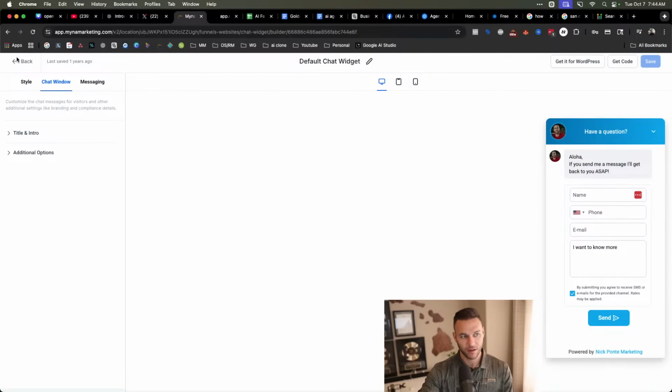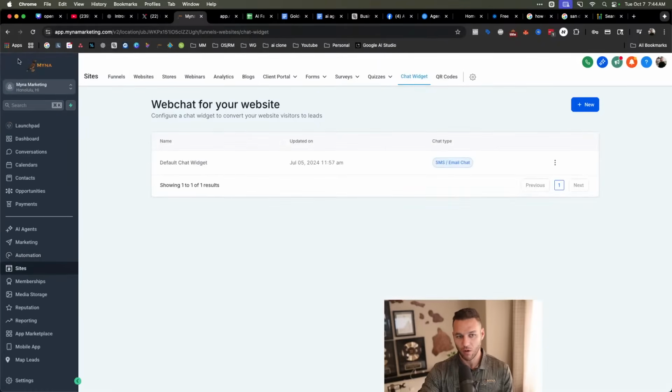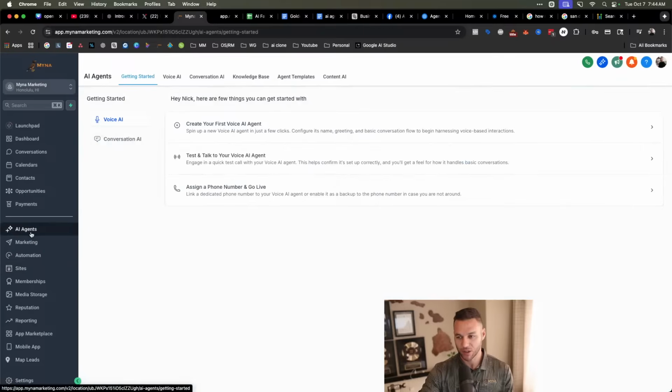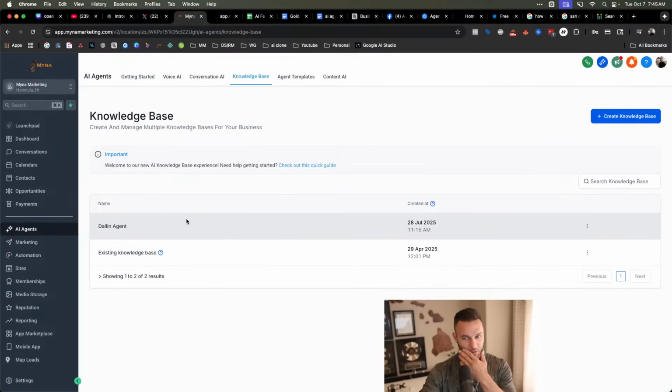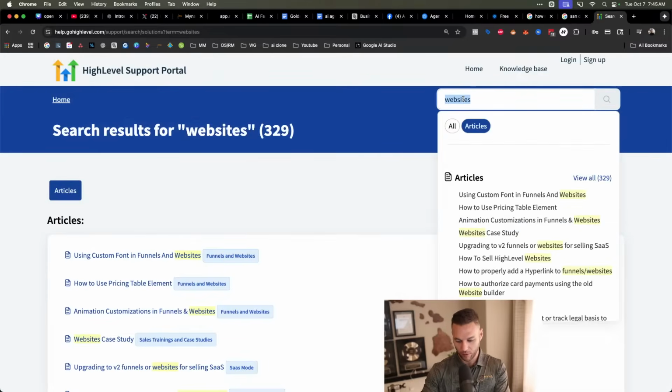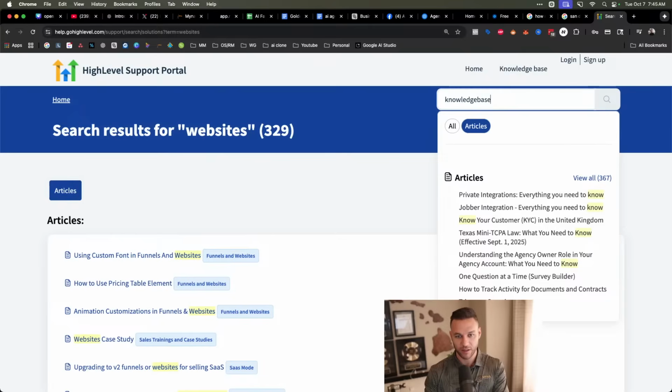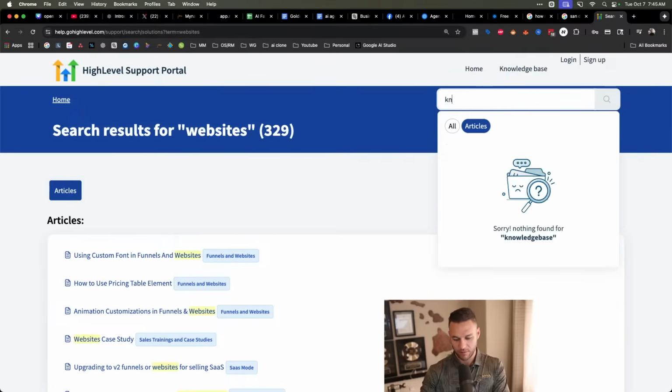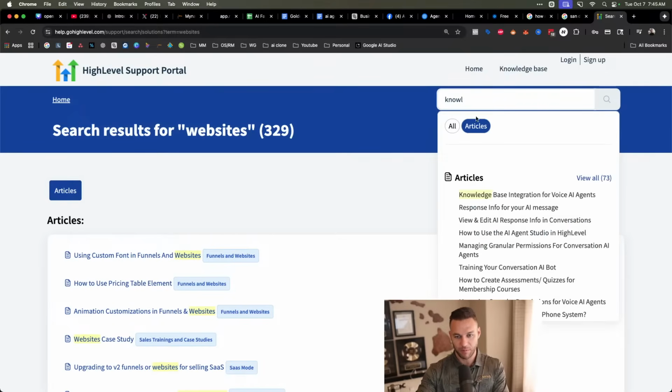this, which can know all of the specific information about this person's business just by crawling their website. So what you would do is you would go to the AI agent section of Go High Level, create a knowledge base. In a knowledge base, let's go to their support portal so I can just show you an easy way. Knowledge base,